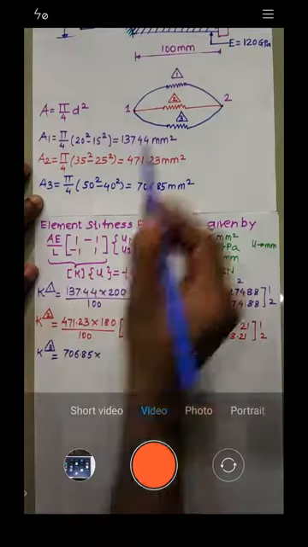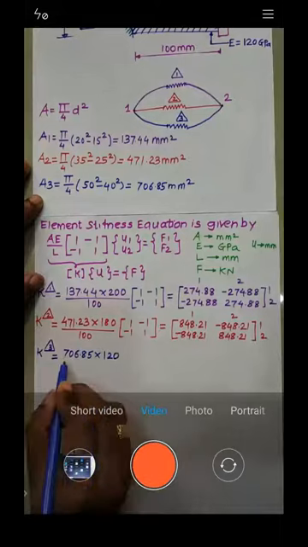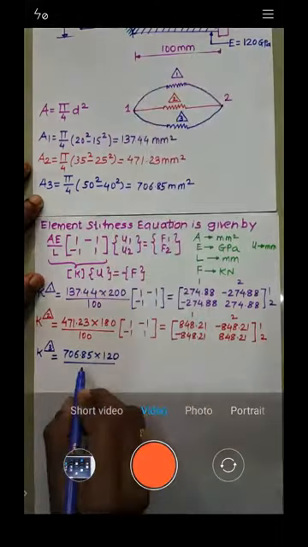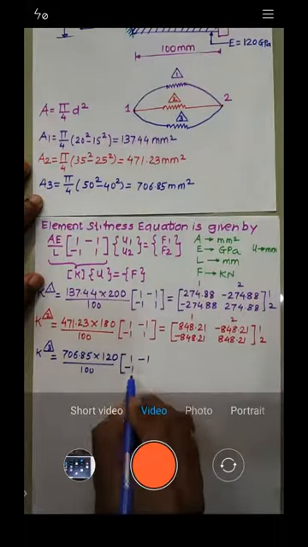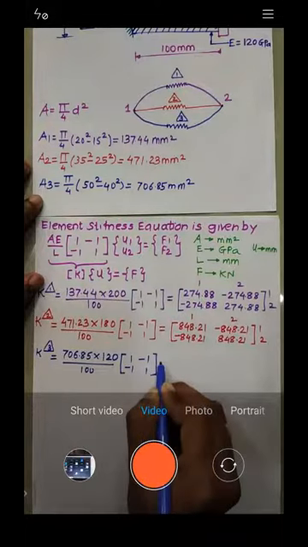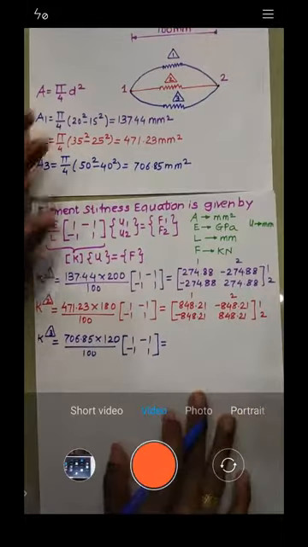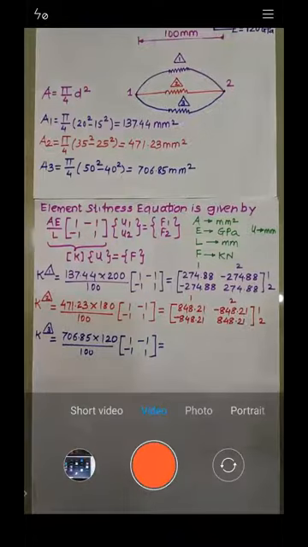E for element number 3. See, this is element number 3, E is 120, upon the length of element number 3. You can see every element is of the same length, and that is basically 100, into 1 minus 1 minus 1 1, 1 minus 1 minus 1 1. So just do the calculation and let me know the answer. How much are we getting?